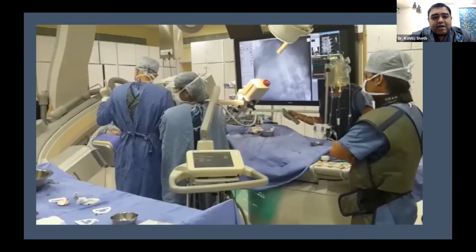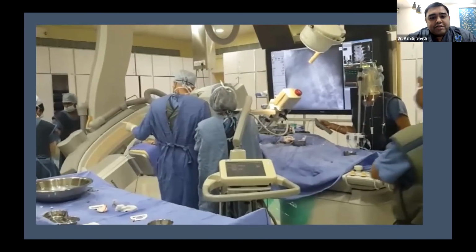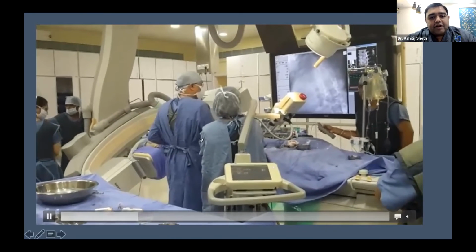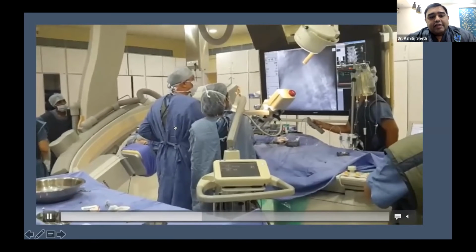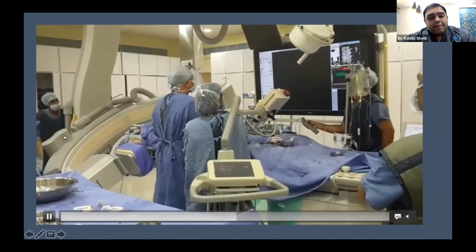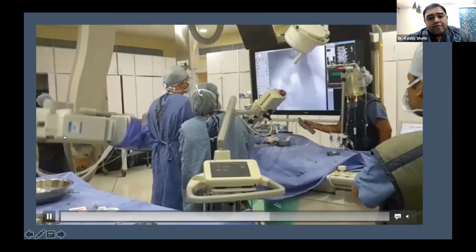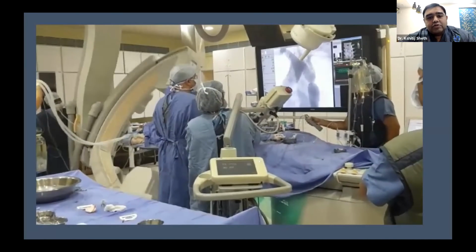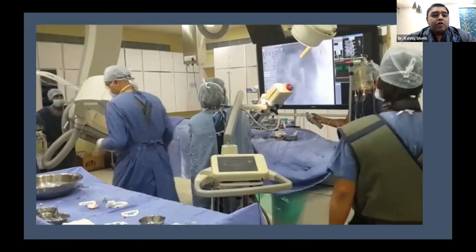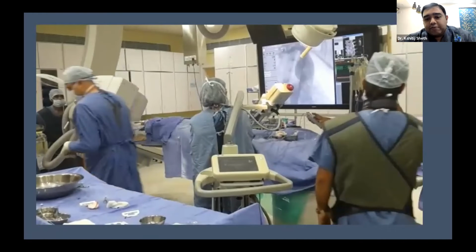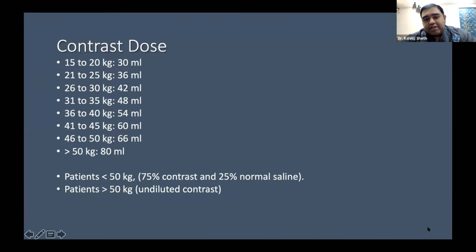I'll just demonstrate how we do it in the cath lab. Initially the patient position is fixed. We have taken a dry run and selected the area of interest. Then we ask the anesthetist to stop the breath and then push the pedal, and contrast goes in. After that, there is a whole rotation around 270 degrees. The tubing and all have to be very long, otherwise it might cause extubation of the patient on table. This is how we usually take a cine of the rotational angiogram.